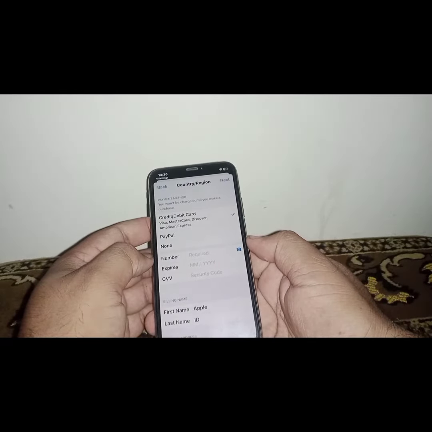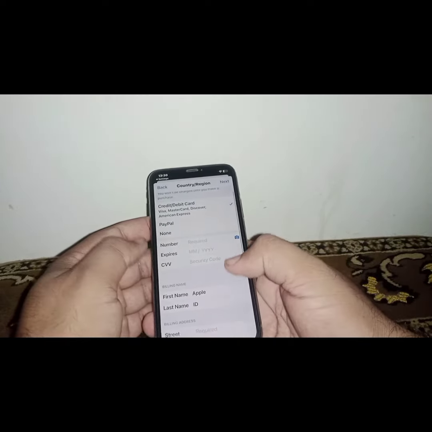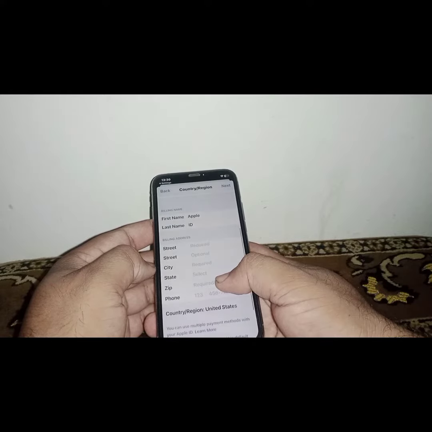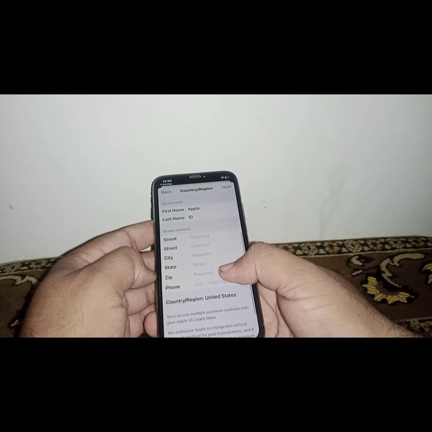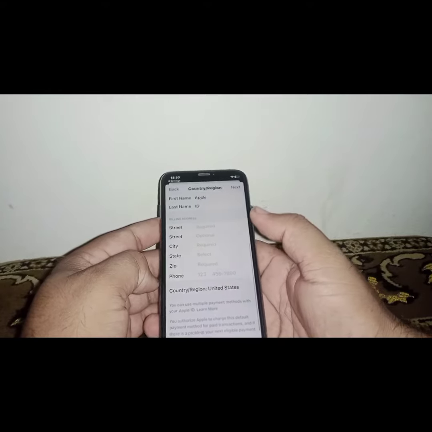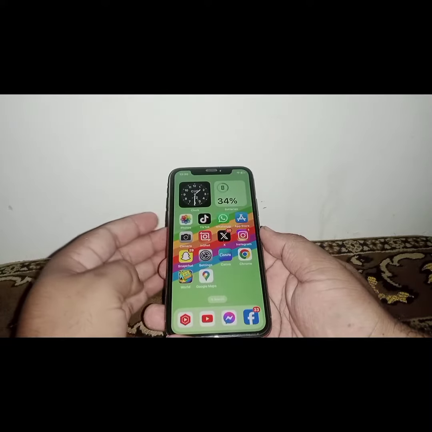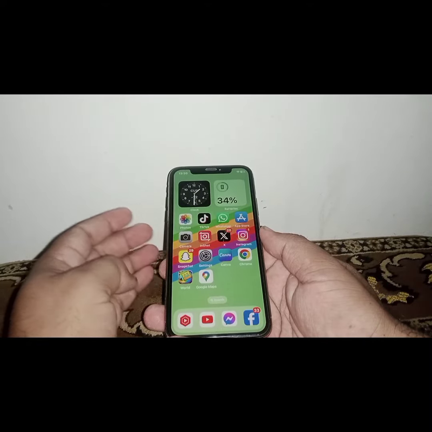and from here you can see payment method. What you need to do is select your payment method and enter your street, city, state, zip code and enter your phone number, and after that click on Next. After changing your country or region, go back to the home screen and use any VPN and connect to United States